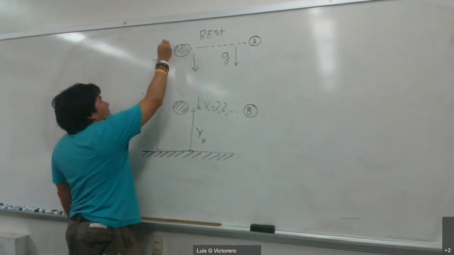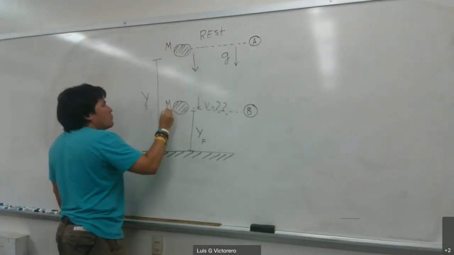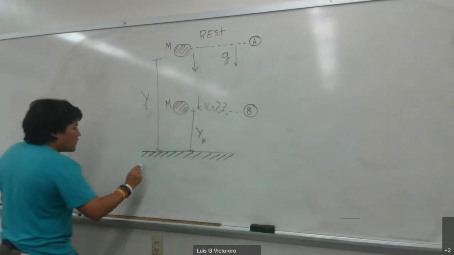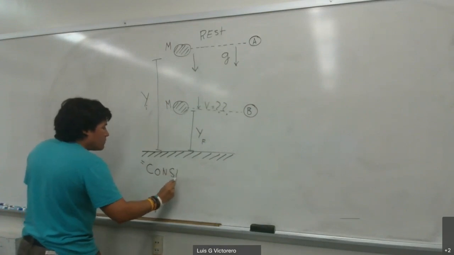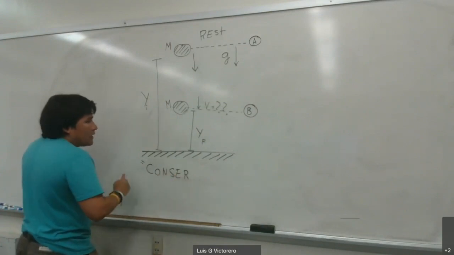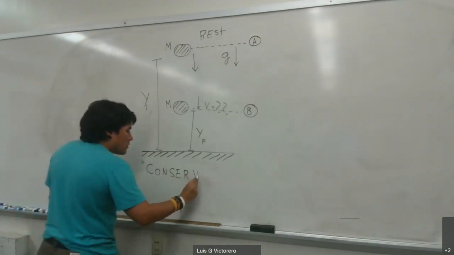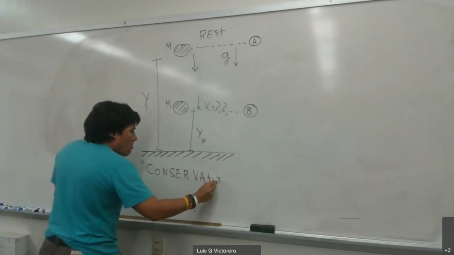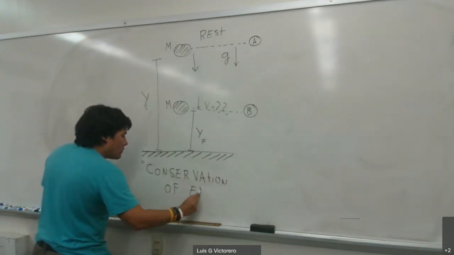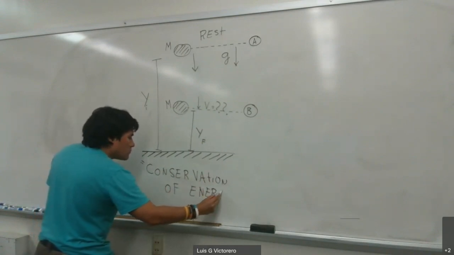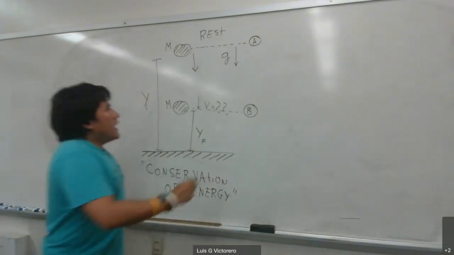Now, I'm going to say that the mass has mass M, but you will see that in many of these problems of conservation of energy, the mass won't matter, especially if you have only kinetic and potential energy due to gravity. So conservation of the energy at A